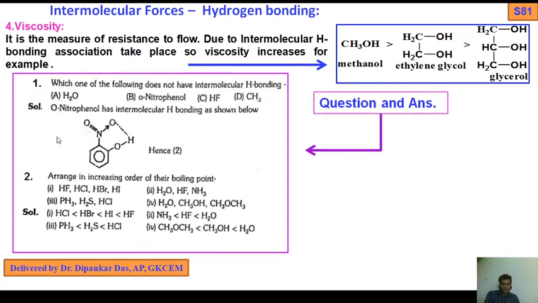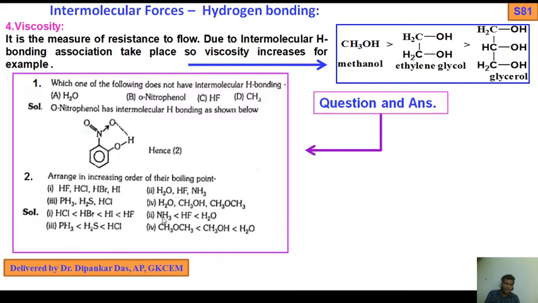So in the first one HF is highest, so that's why HF, then HI, then HBr, then HCl. I think you understand. This is for hydrogen bond. Why is HI higher? Due to the increase of van der Waals interactions, molecular surface area increases, so melting point and boiling point also increase. In case of ammonia, less than HF, less than water. So water should be high due to the presence of two hydrogen atoms. So water has a high boiling point due to the two hydrogen atoms.